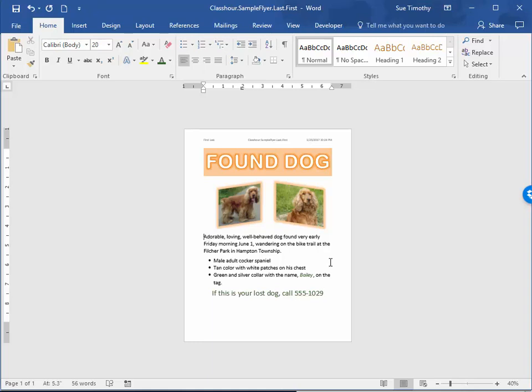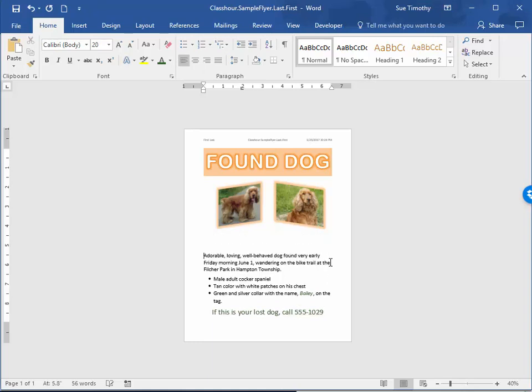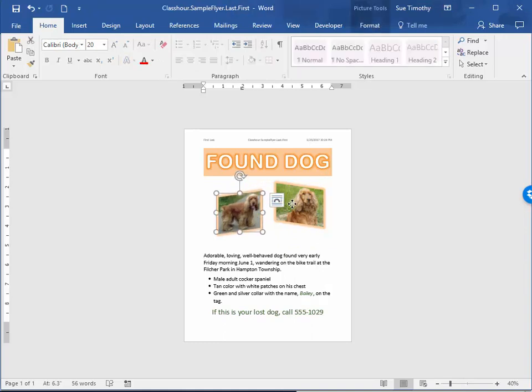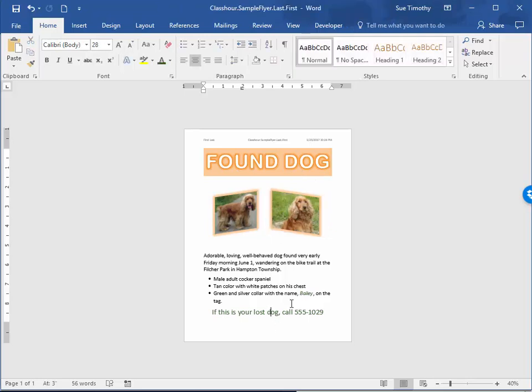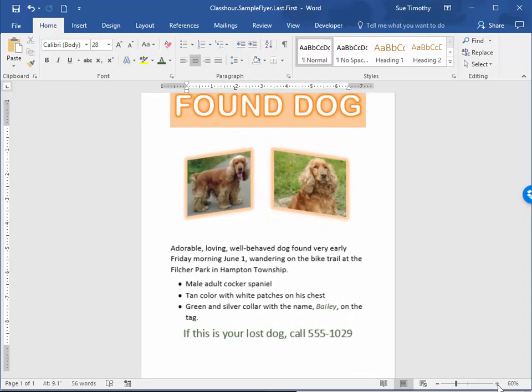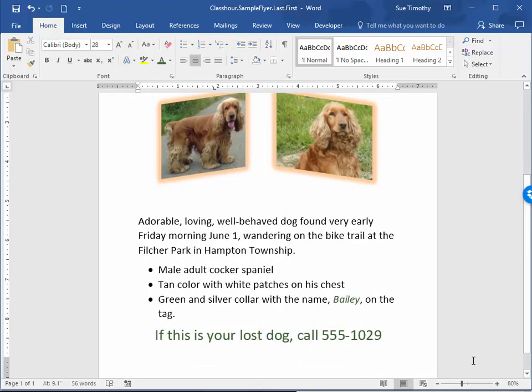And I'm going to go up here and put this down a little bit and adjust these pictures so that I have a little bit more white space and it looks a little bit more centered with the page. So you can just kind of eyeball things and you can see where things go. I'll zoom back up, and then the last thing I'm going to do on this one,